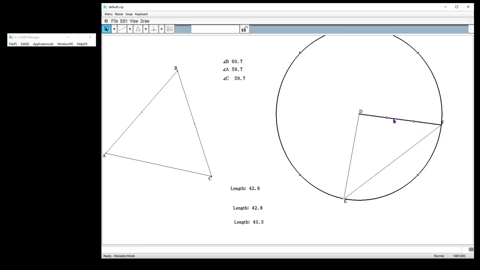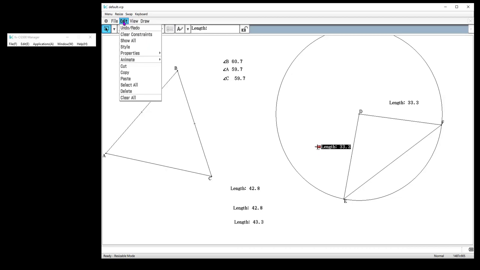And so I could now verify that these two sides have the same measure by selecting them and measuring their length, right? So that length is 33, and this one, if I am using my properties correctly, this should also have the exact same length, which it does. And I could again label them if I want. I could now add in text. So this is a nice thing about having this big space here. I can actually add in text, which you can do in the other one, the smaller version as well. I just like the ability to do that here.